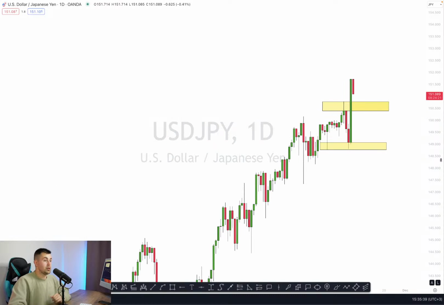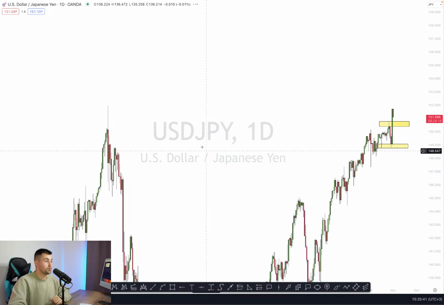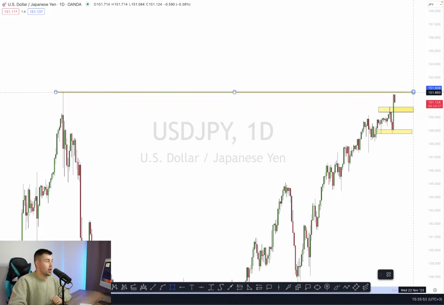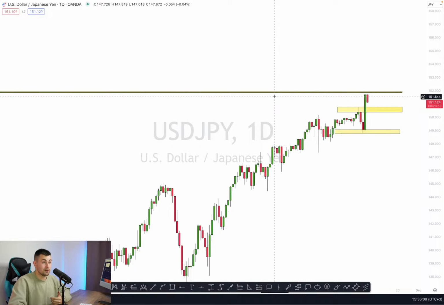What else can we spot here? If we zoom out the chart and look left, we can spot that for now, our very important high, the high of last year, is over here. And for now, that structure wasn't reached. Yes, we haven't even touched that structure. And it makes me think, traders, that potentially, the pair can go higher and test that structure.